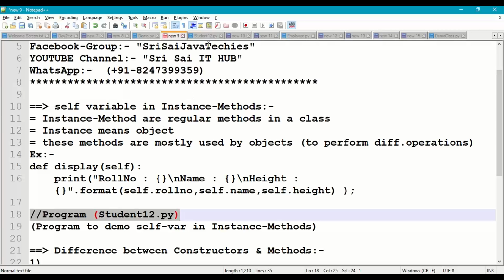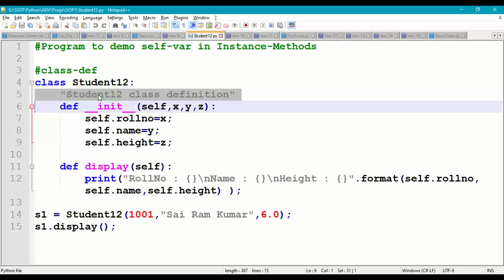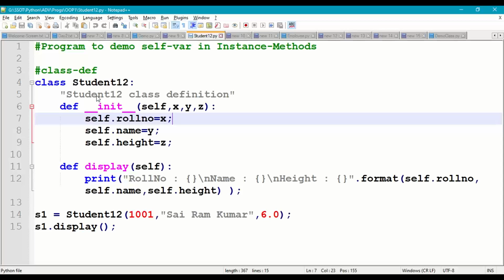Now let us try to demonstrate this with a small program, student12.py. We'll take a class student12. Inside this we are taking the constructor, double underscore init double underscore self. Self means the current object. Whenever we are using constructors and methods of a class, self is compulsory whenever you want to work with objects. We are taking three variables x, y, z, and initializing three input parameters: